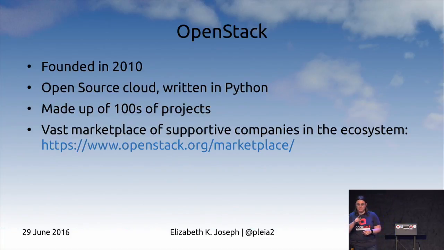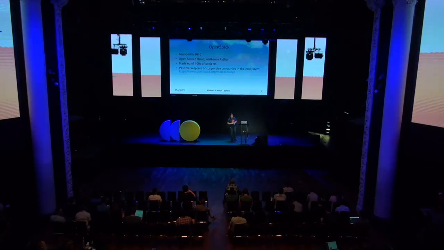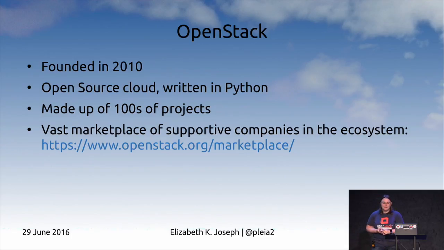Who here is familiar with the OpenStack project? All right, that's a pretty good chunk of the audience. So OpenStack was founded in 2010, which makes it a pretty young project for a massive infrastructure project. And it's written to build clouds. It's written in Python. There are a variety of reasons for that. One of them is that it's a lot easier to write in than Java, which some previous open source clouds